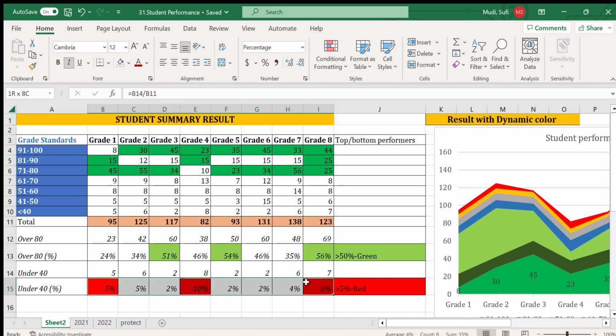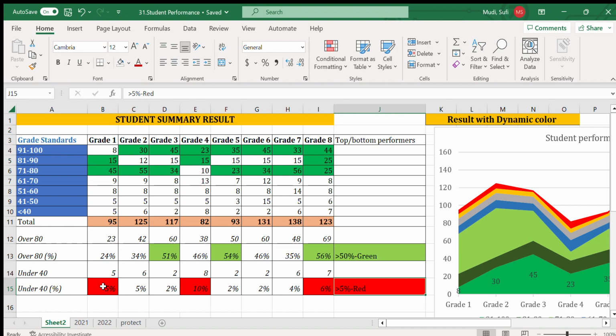In this particular case, for grade 1, grade 4, and grade 8, a lot of students have failed. If less than 40 is taken as the point for failure, then this is a good indicator